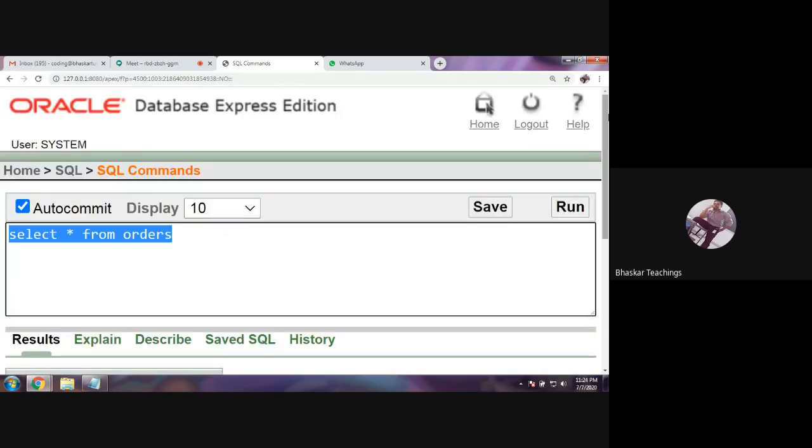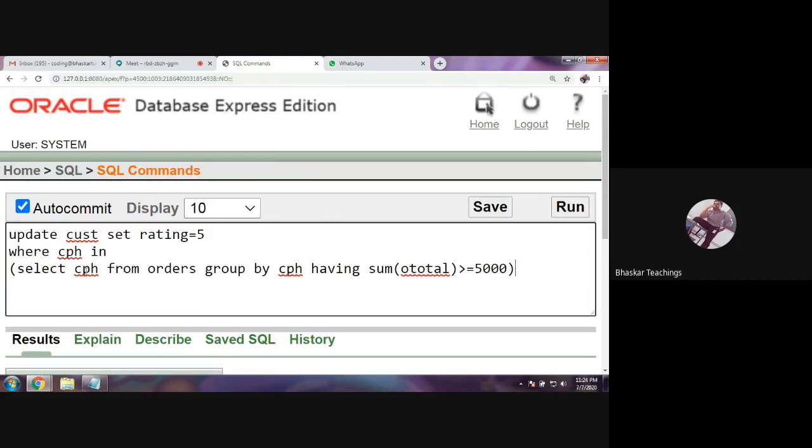So that was our query. I'm retrieving the customer IDs based on the sum of total greater than or equal to 5,000. This inner query is just a group by and having clause. Make sure you are very well aware of the group by and having clause. If not, revise the previous topics. Now for these customers, I am going to give rating 5.